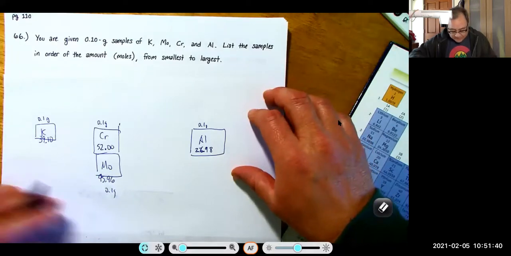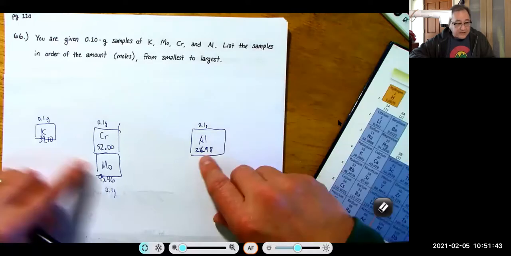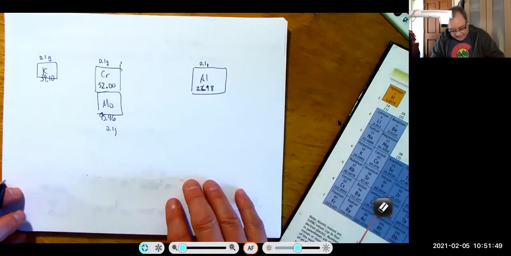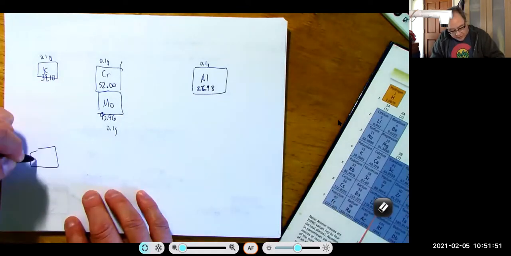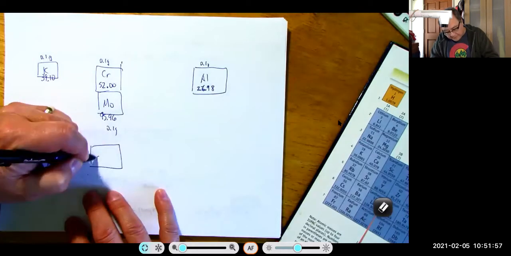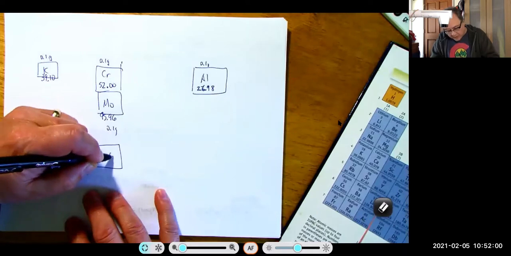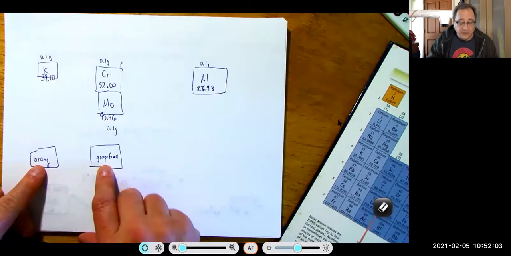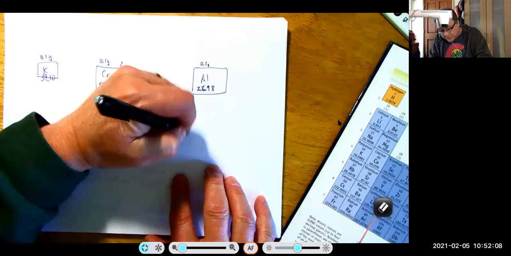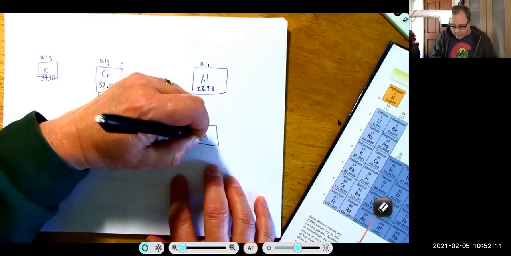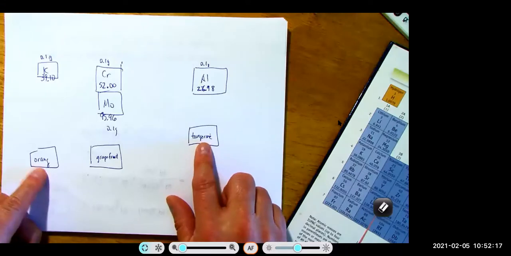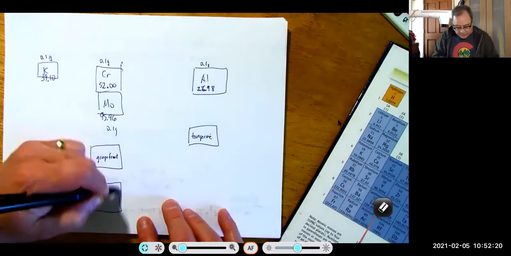It's kind of hard to figure out because you have all these numbers and you have all these calculations. But let me reorganize this. Let's say that you have an orange. And then here you have a grapefruit. In general, what weighs more, a grapefruit or an orange? A grapefruit. Okay, and then over here you have a tangerine. In general, what weighs more, a tangerine or an orange? Orange weighs more. And then over here, I'm going to say you don't have a grapefruit, but you have,